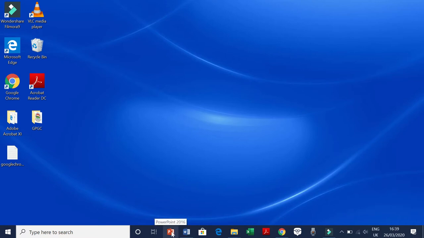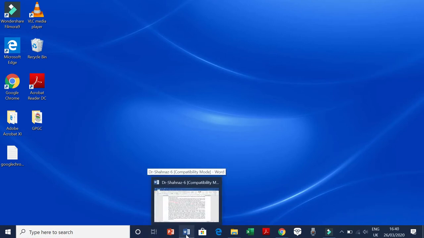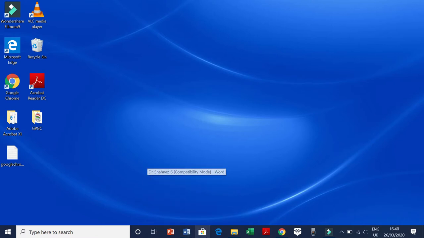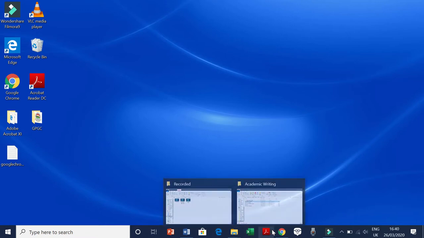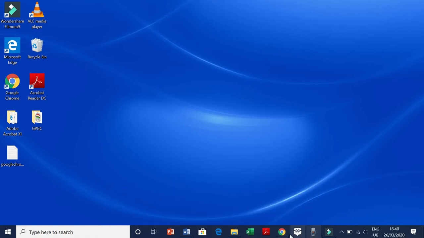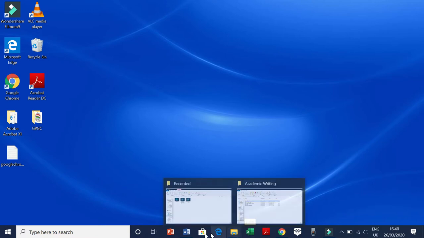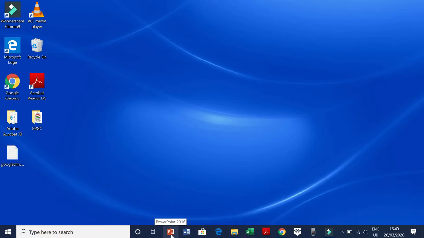this icon. You can see this is called the task bar. In the task bar we have different icons. You can see it's the Microsoft Word icon. This is Google Store and App Store, and this is the internet, Google Chrome, Edmodo class, Adobe PDF Acrobat Reader. Then we have Microsoft Excel sheet. So now, if I have to make a presentation, for example, on communication skills, I'm just going to press it,